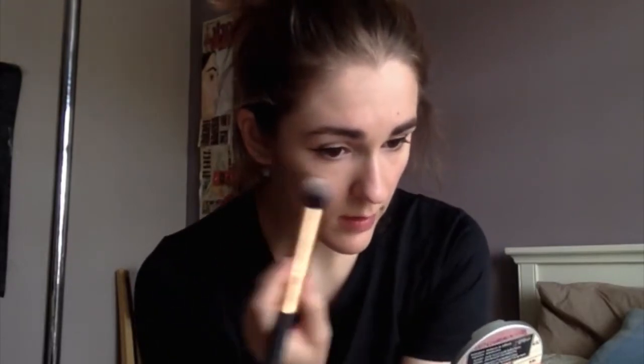I've got the Mary Luminizer from The Balm, which is beautiful. If you haven't tried this, you need to try it. It's so good. Just gonna put a bit on my cheeks, top of my cheekbones, and through the brows. Finished. We're now just gonna powder and be ready to go. And this is from the Clinique